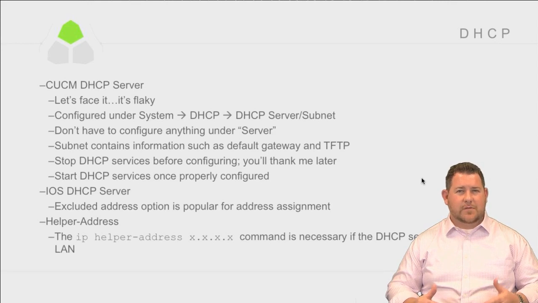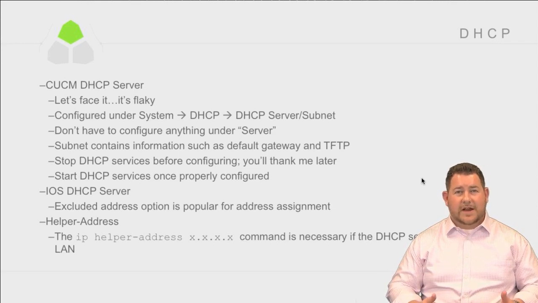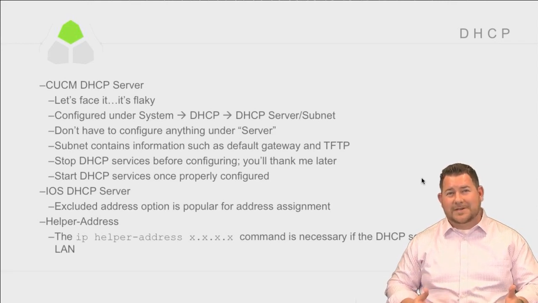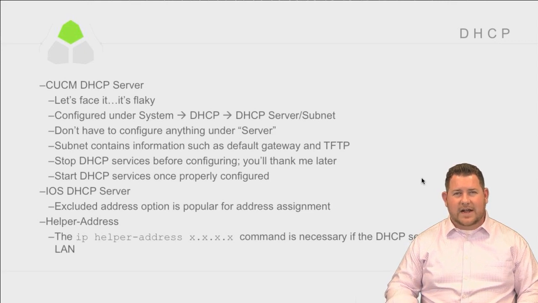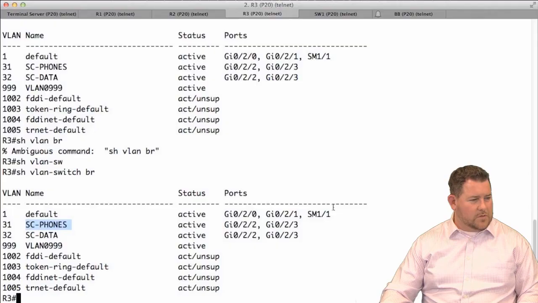Whereas in CUCM we said we're defining the specific range that the IP addresses can use, with IOS we're defining the IP addresses that they can't be. So it's just a different way of assigning them, of course. We can do that by defining a DHCP scope or pool on the router itself. And let me just show you how we do that. So let's go to the command line,